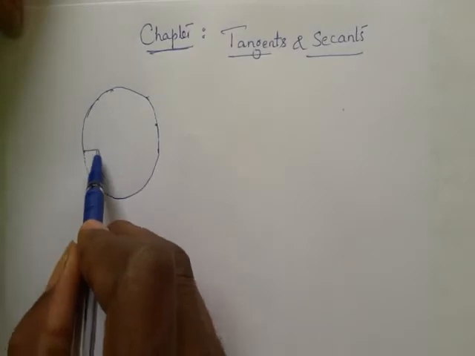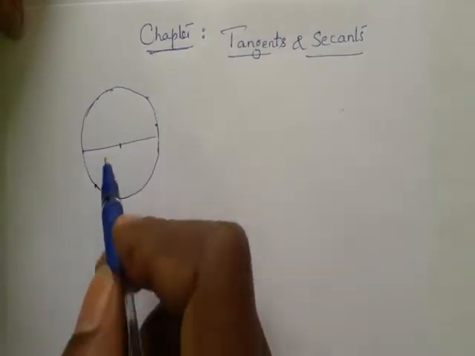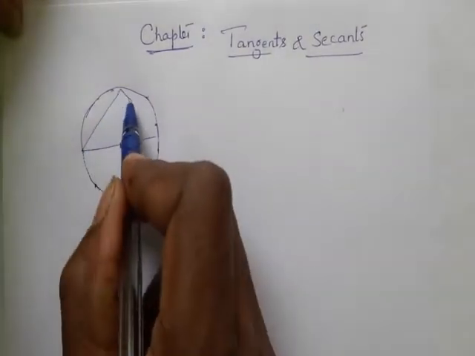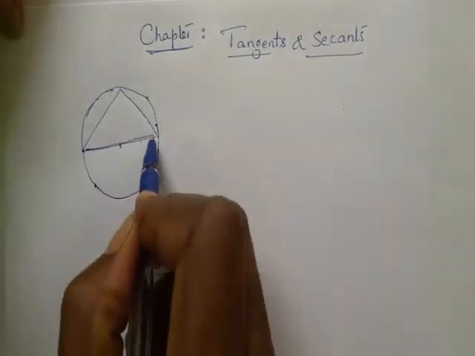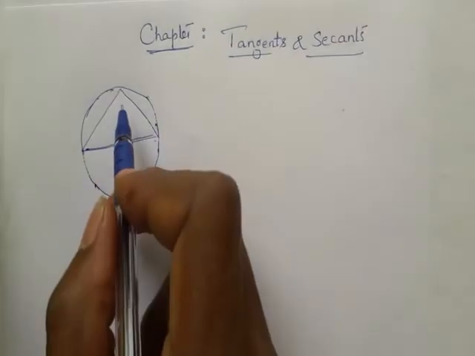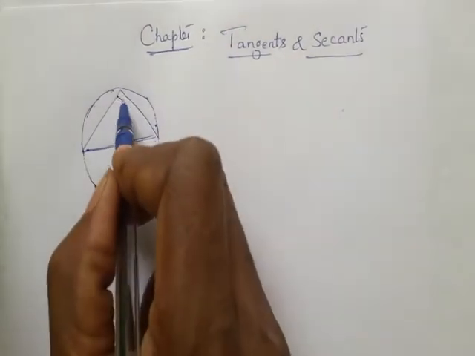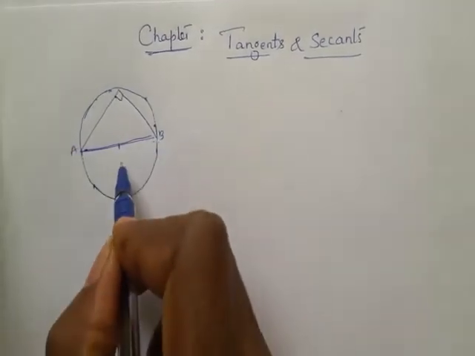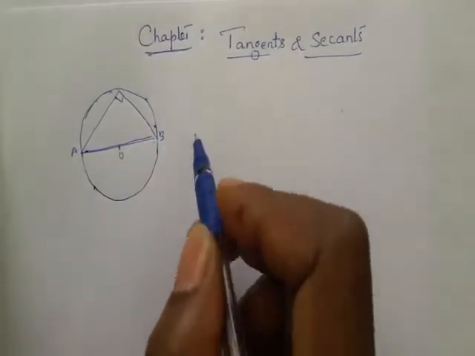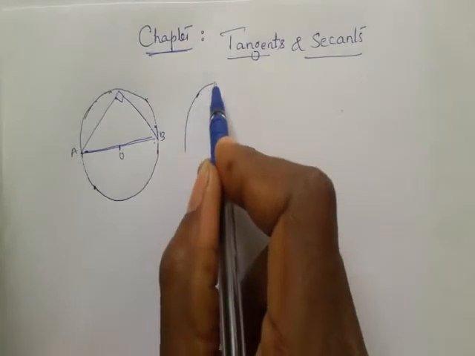In circles, when the diameter is given, what will we do? Angle in the semicircle. That means when we join the ends of the diameter to a point on the circle, we get 90 degrees. Here the angle is 90 degrees. This is one of the theorems from circles. The other theorem is